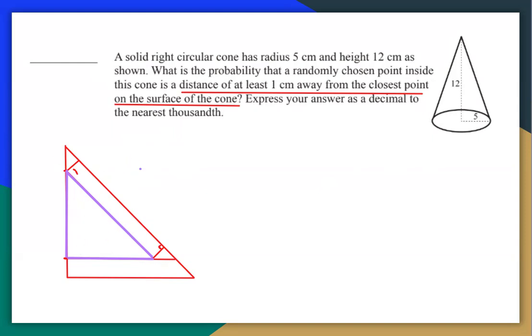But the question is, how do we find the sides so we can find the answer? So we know that this is 1 unit, and we know this entire thing was 5, and then this is 12, and then this is 13, a 5, 12, 13 triangle. And we know this is a right angle, and I do know the top angle. If I name this A, and then this B, C, let's say D,